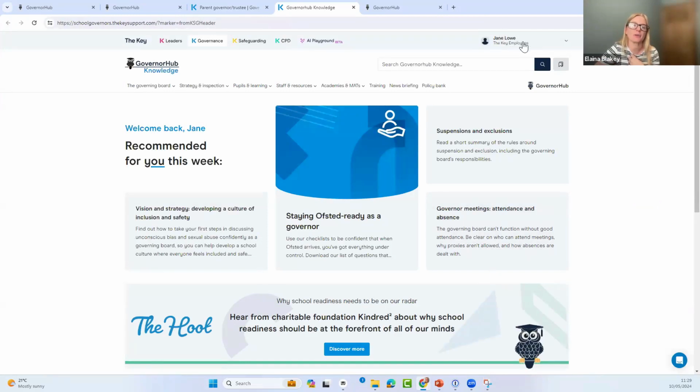They'll allocate it to one of us, and we will then come back to you. We come back to you within 3 days with an answer. If it's something where we need to go out to perhaps the DfE, we obviously then have to think about their timescales. But we'll always get back to you and we'll say, the guidance isn't clear. We're going to go to the DfE for you. As soon as we've heard something back, we'll come back to you.